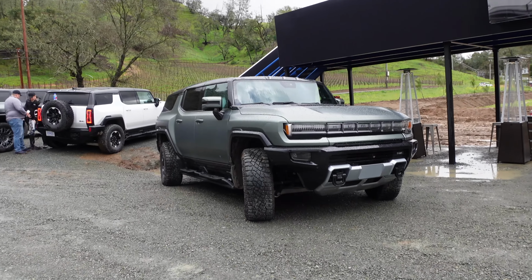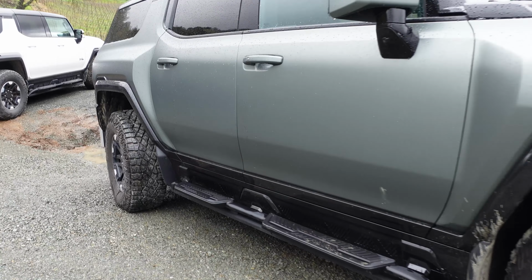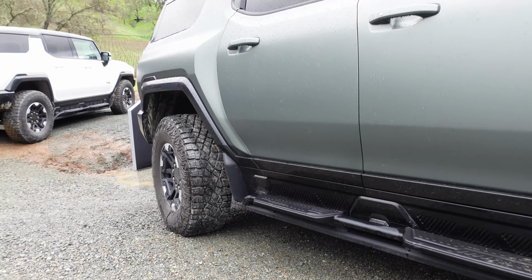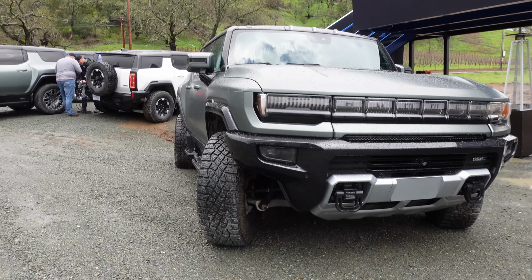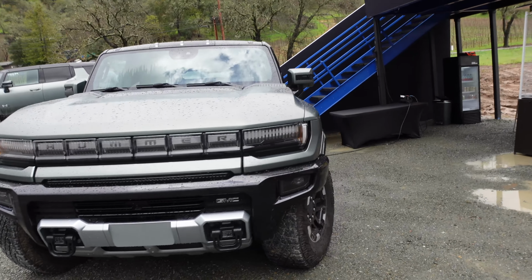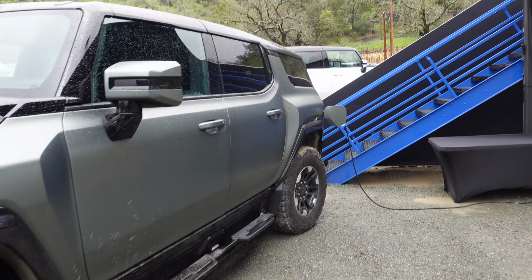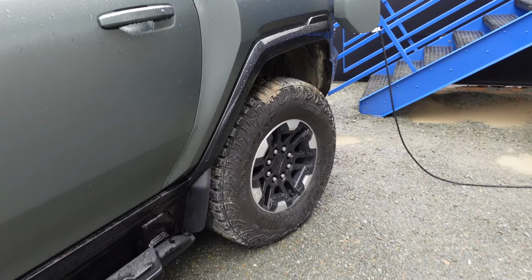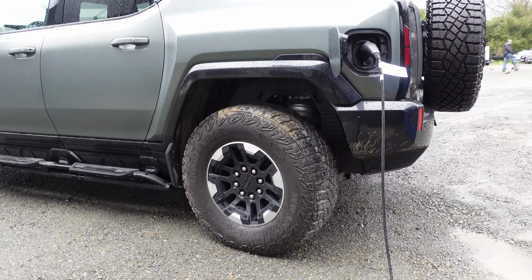With this Hummer SUV parked here, you can see the rear wheel steering. So with Crabwalk, the rear wheels would turn in the same direction as the front. And you can see how much of an angle those rear wheels would turn, which really helps with maneuverability and also allows this thing to do Crabwalk, which is just always fun. It's a bizarre feeling because the back end of the truck is pivoting more than you're used to. But I've said this before, rear wheel steering is one of my favorite features of the Hummer EV